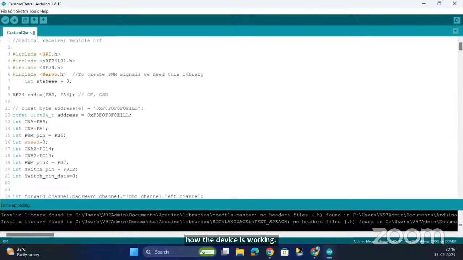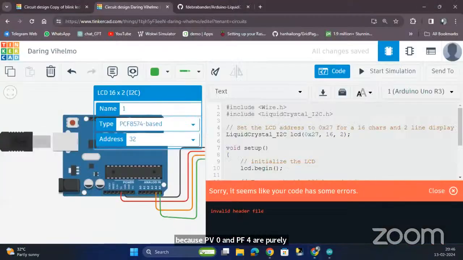Right. So here, this is the medical NRF transmitter code. In this transmitter code, we have the SPI communication protocol and NRF libraries included. And here we have servo.h to create PWM signals, because the drivers that we use work based on PWM signals. Here RF24 is being initialized on PB0 and PA4, because PB0 and PA4 are purely based on the